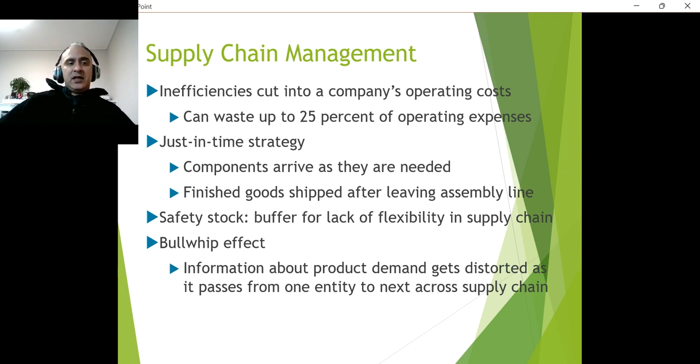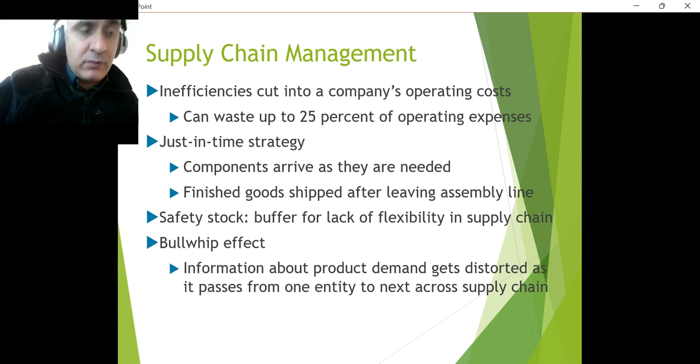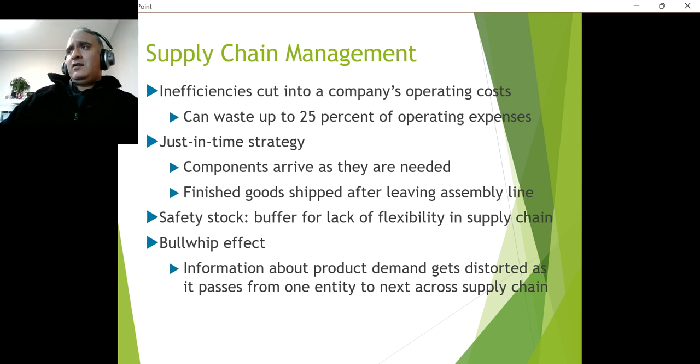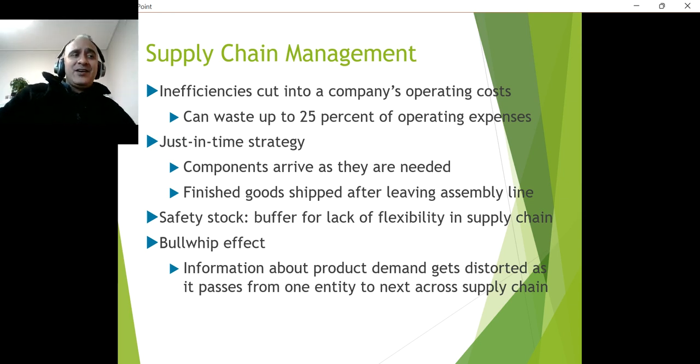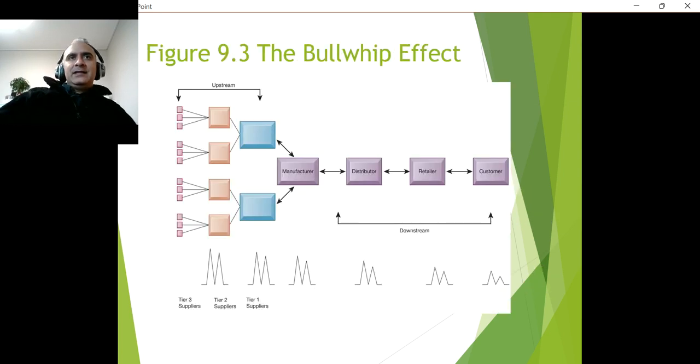It's effective to say, I need one shoe, I produce one shoe, rather than I build 30 shoes and nobody's buying my 30 shoes. It could be for many reasons. Maybe they don't like the style of shoe, or it's not in trend, or I don't know, it could be anything. So this kind of system helps with that, and they minimize the bullwhip effect. The bullwhip effect is difficult to explain because this is already into supply chain management,